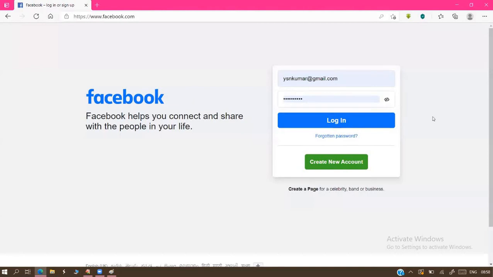What happens, sir? Here I entered the two details. When I click on the login button, some program is called in the background. It checks whether my username and password are correct or not. If it is correct, it displays my Facebook personal page. Otherwise, it shows an error message. In this process, all the data we entered here is sent to the server, transported to the server.